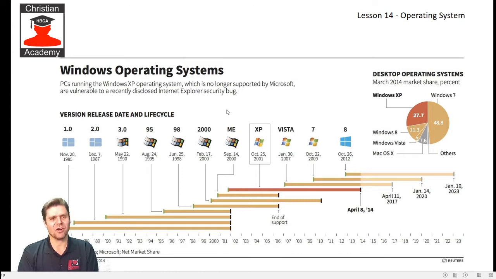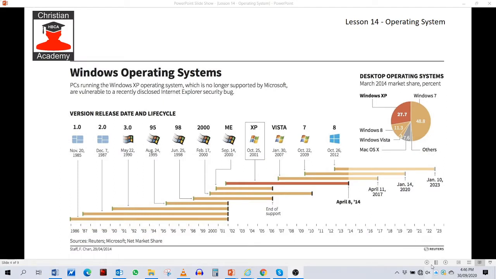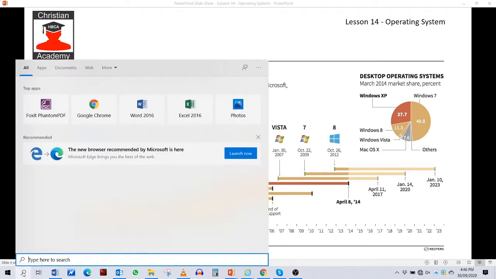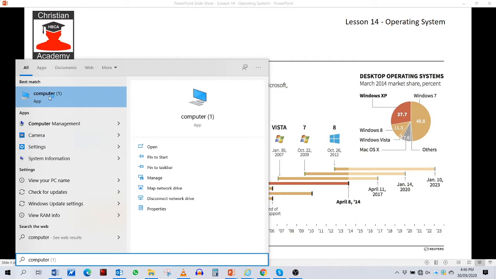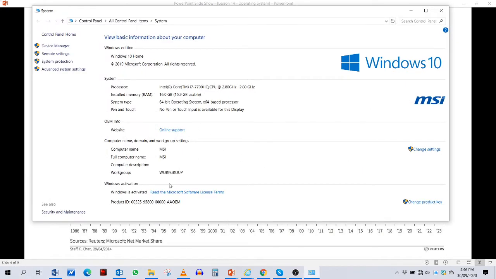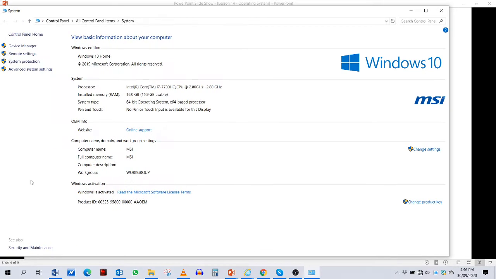A lot of customers ask me the question, what operating system do I have on my computer? It's actually quite a common question that people ask me. If you go in Windows 10 to your search icon and you type in the word computer, you'll notice there's a little icon coming up there, computer. If you then right click on that and you go to properties, it will actually show you a lot of information. But one of the things that it will show you on top there is what operating system you have on your system, and this one is, say, Windows 10 Home.